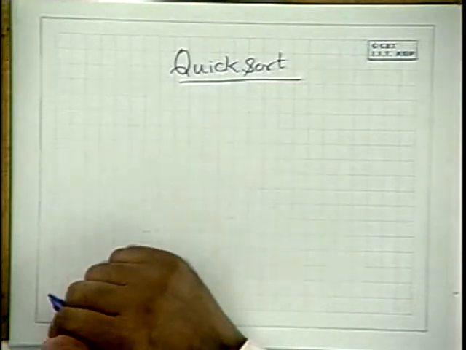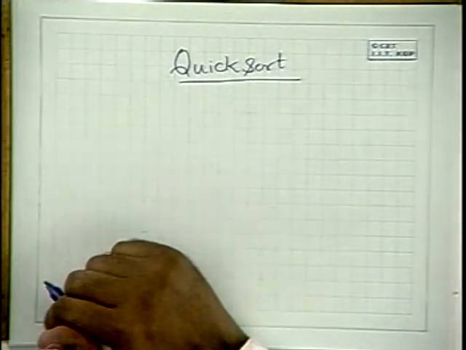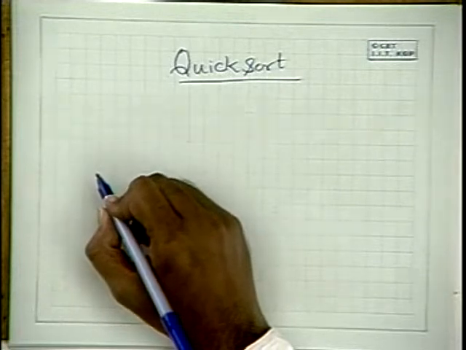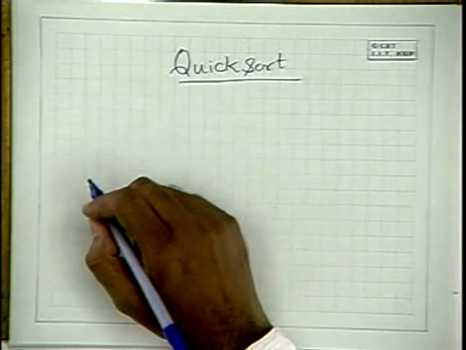Now the worst case time for this quick sort is order of n square, which is worse than the sorting routine which we have already seen. That sorting, heap sort, was taking only order of n log n. But still we will go through this routine because there are two reasons. One, we would like to know the paradigm which is called the divide and conquer. This is an algorithmic paradigm which is used to solve many problems.